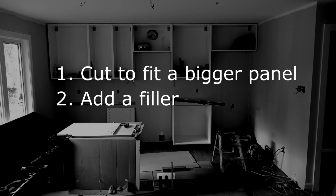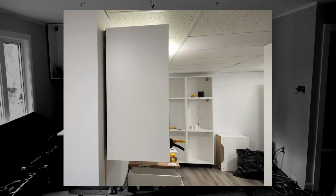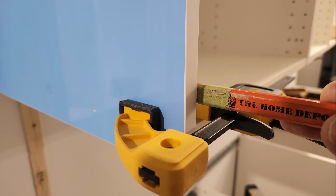So the second option is where you cut a filler and add it to that gap at the back. That is the one I have used the most when I have too big a gap to fill, so that's what I'm going to show you here. So here it is again, our wall cabinet with too big a gap at the back. What you do is you attach your panel, and you put your panel not towards the wall, but you let the panel protrude 5/8 of an inch at the front,